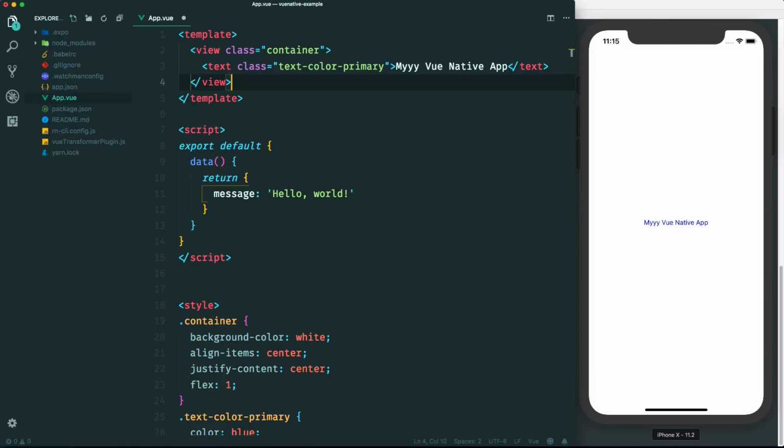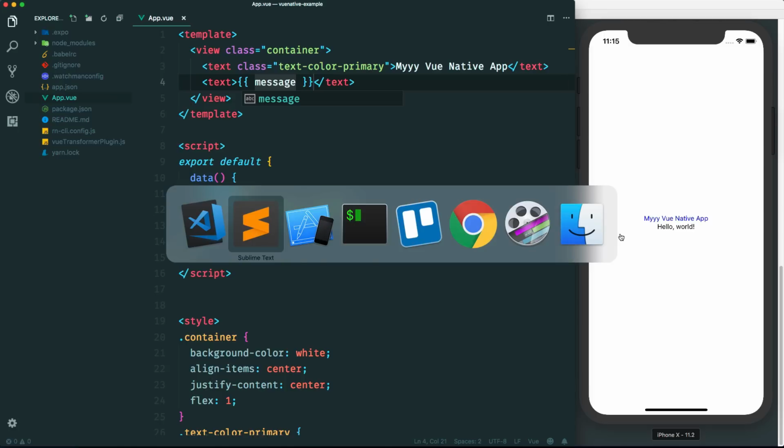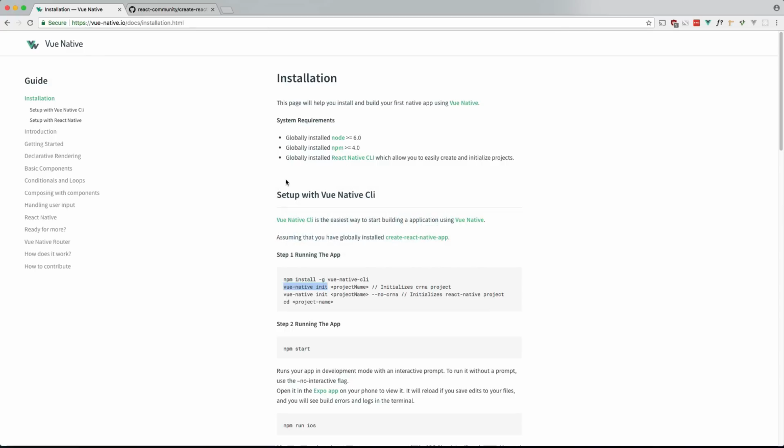And let's just output that in another text component. And we can just do the double curly and do message, and that should work. There we go. So we are limited to React Native components,